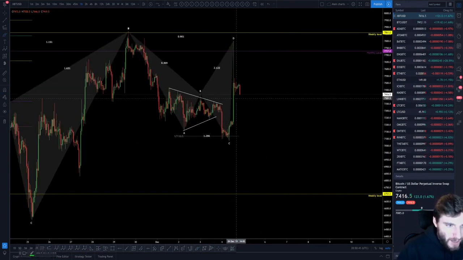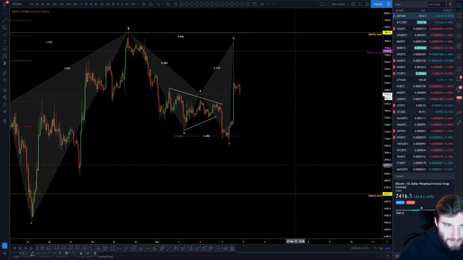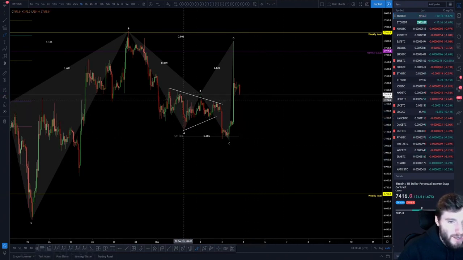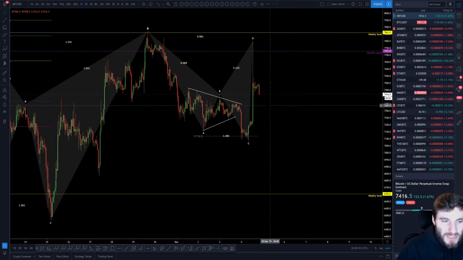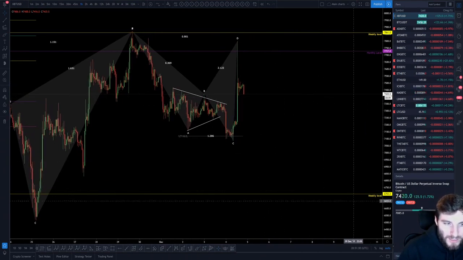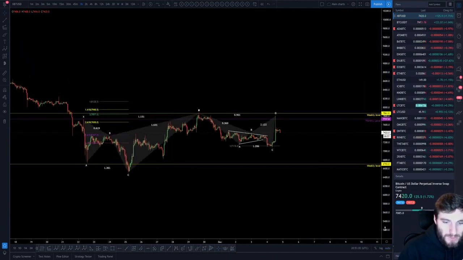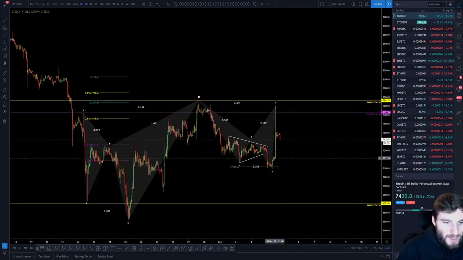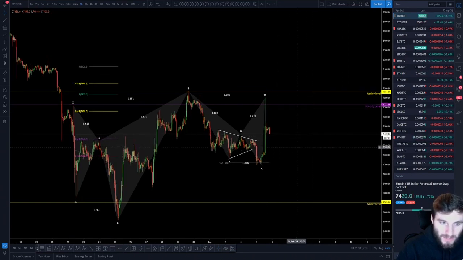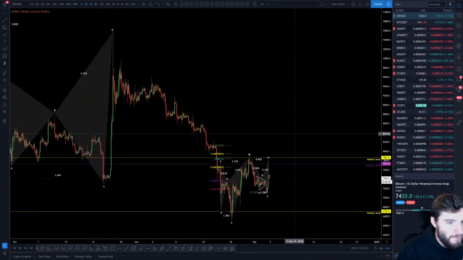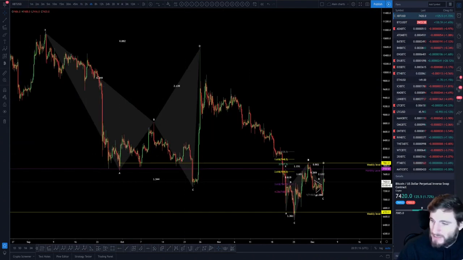So it's hard not to say that this could come down. Obviously, you've got around 7,400 support, so that's still in play at the moment. 7,400, 7,350 is support. You lose 7,350, the odds are much more likely that you're coming down to much lower levels. But you still have 7,350, 7,400 as support at the moment. Lose that, this is really, really bearish. It's got a little bit of hope at the moment, but its fractal is so similar.